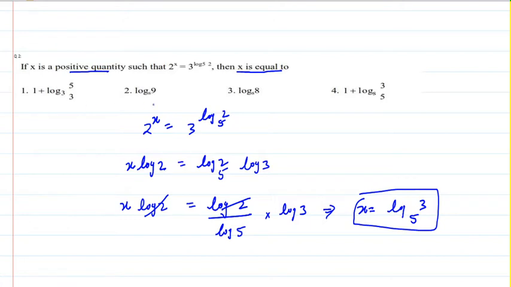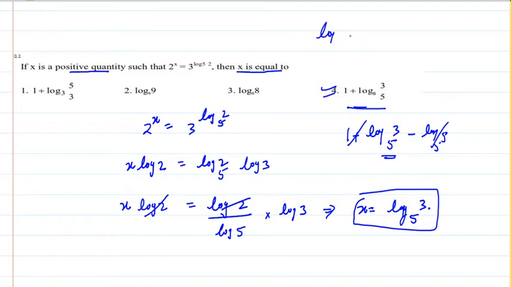But when I look at these answer options, I do not see an answer that suits this representation. That means answer options have been manipulated to some degree. I see 5, I see 3 should be the upper term and 5 should be the base. I see similar representation here. Let me try to work with this. I have got here, I've got option as 1 plus log of 3 base 5 minus log of 5 base 5, which is 1. So this is gone, this is gone, this is my answer. What property did I apply here?